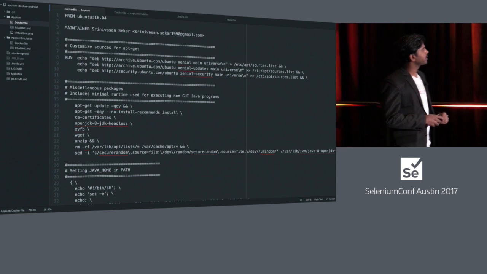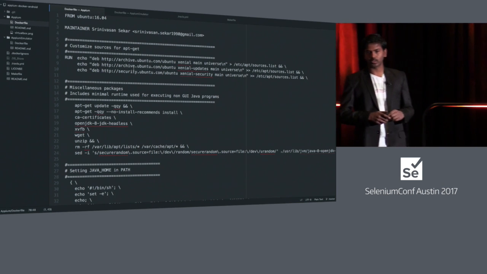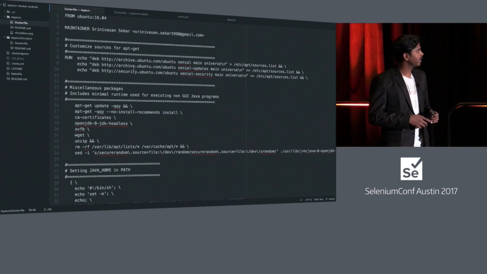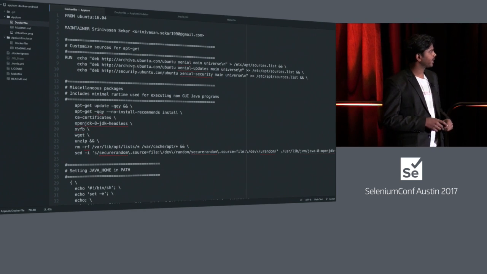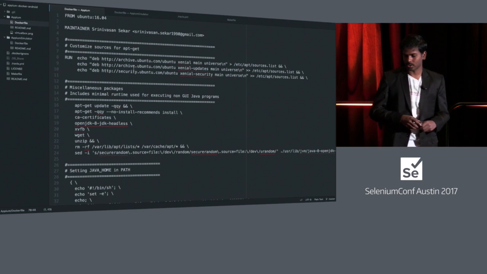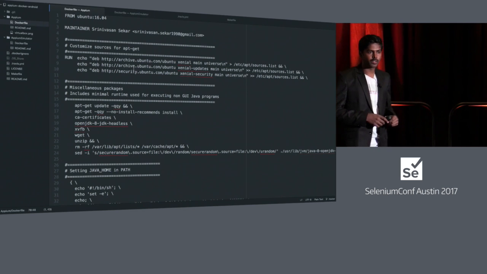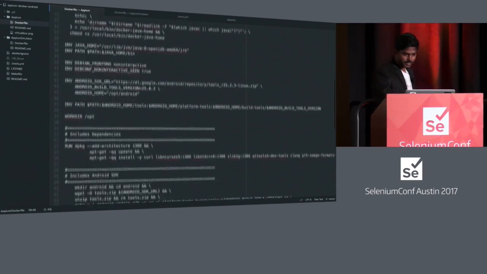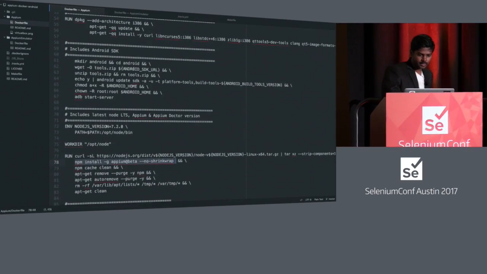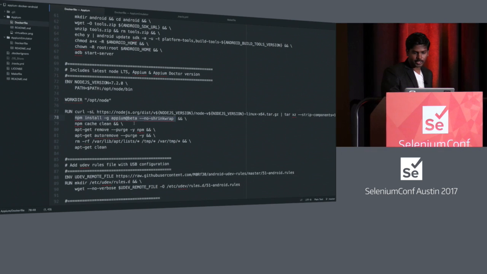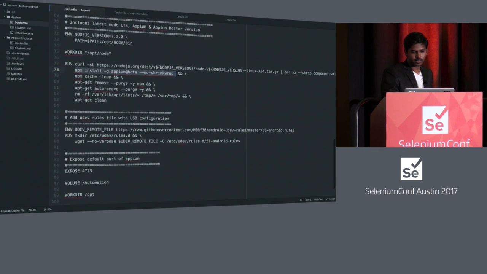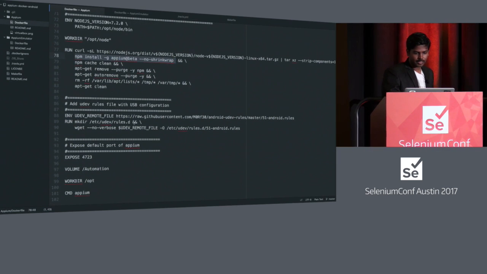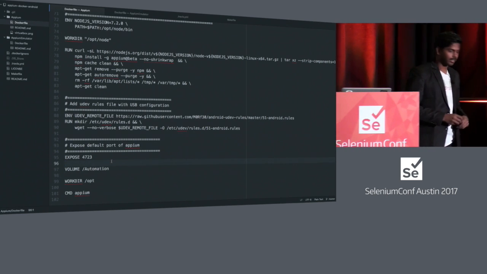From Ubuntu 16.04 as a base image, along with that I have installed OpenJDK 8, which is for Java 8, and have set all the environment variables. If you scroll down, you can see Android SDK, Node.js, Appium Beta, which is 1.6.4. Yep, it's exposing the default port. We have everything up and running for Android.